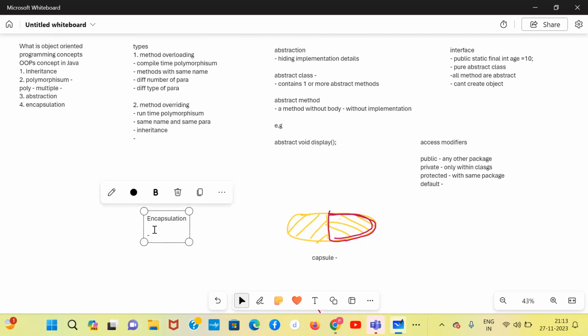Now encapsulation in Java is, in Java also in a class you have two things bound together. What is it? Class will have variables and methods. So these two things are encapsulated in a class. Now, why are we saying capsule? Because